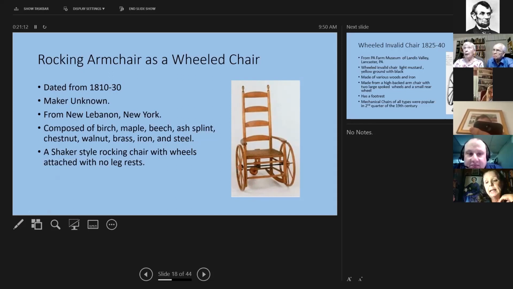Apparently, this is the way they picked up different things and put them into a wheelchair. This was a Shaker style wheelchair with wheels attached and no leg rest. There also is the back area that could change and help balance when people went.